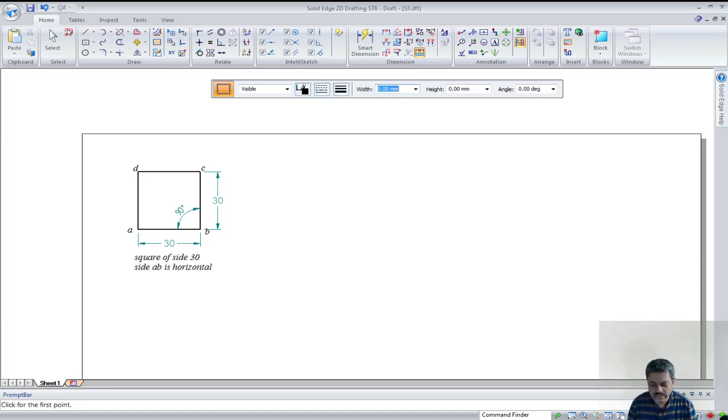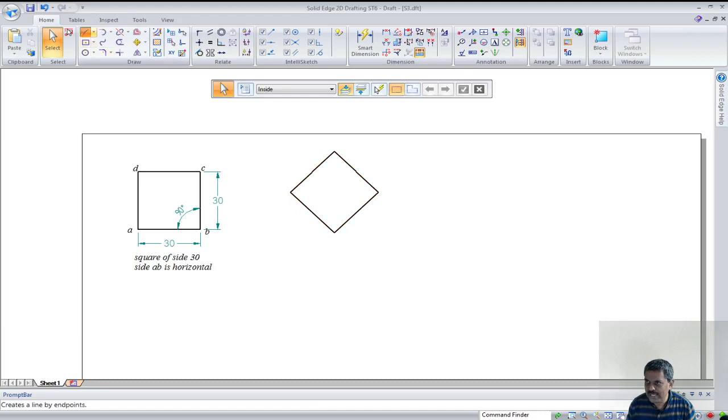Okay, so the width is 30, and you make the height also 30, and now you see that it is already there. But you can pick any point and the angle, so we can actually enter 45 degree instead of 0 degree. So now you can see that it is so beautiful that we can achieve this with minimal commands. So now how to show the angle between these two lines?